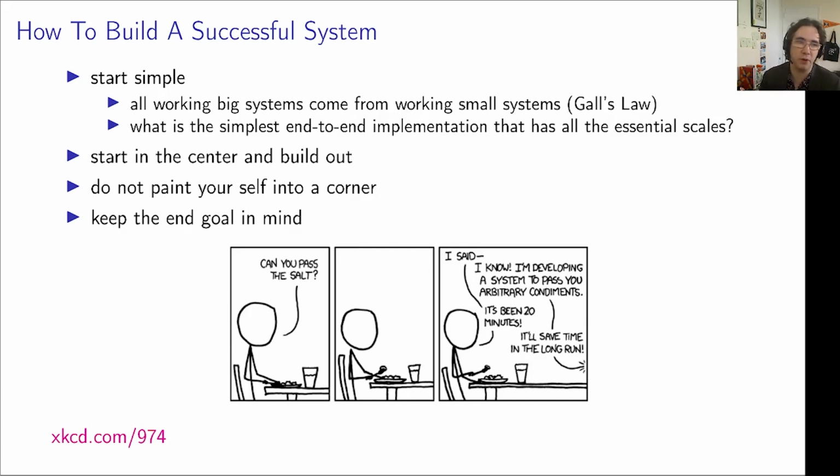I suggest you start with the simplest possible version of this. It's sometimes called Gall's law, the idea that all working big systems were derived from a working small system. When you're trying to prototype, build the simplest plausible version of all of your components that communicate the way you think they should, and make sure the system holds together. If you can start from the center and build out,